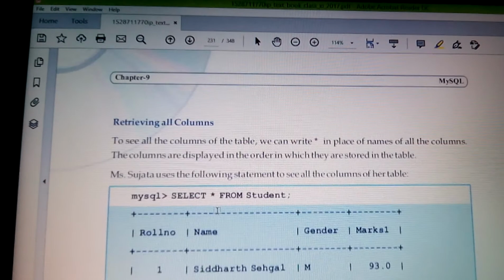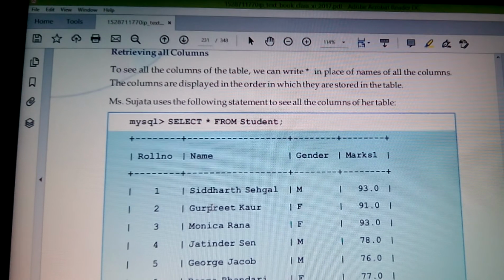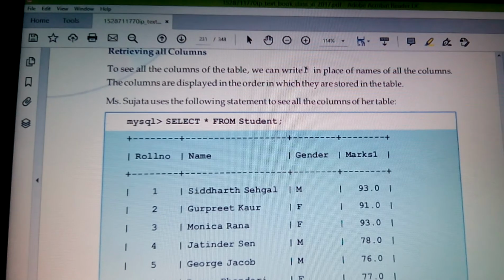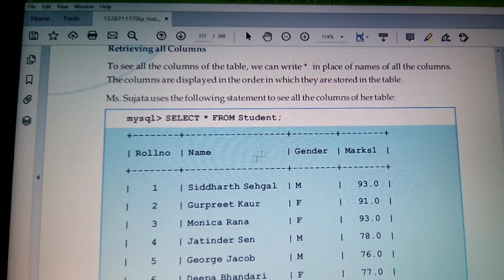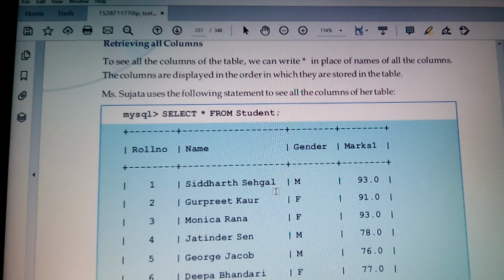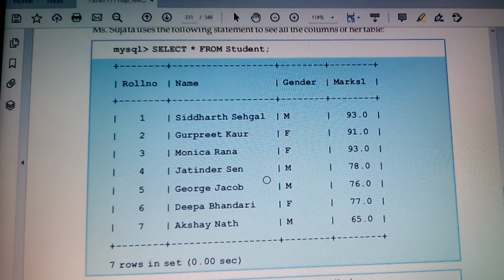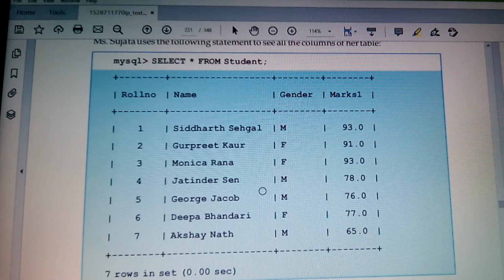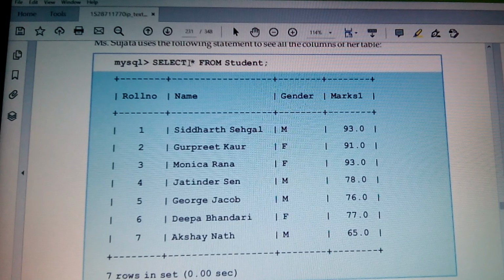Let's shift to the next one, retrieving all columns. All means if you simply want to fetch all records from the table, we can make use of the asterisk symbol. Instead of writing the column names, we can directly use the asterisk symbol and we directly get every column which is there in the table. Right now I have shown you the student table: roll number, name, gender as well as marks. Directly, I have written select asterisk from table name. So asterisk means the complete table, because of this you get exactly all